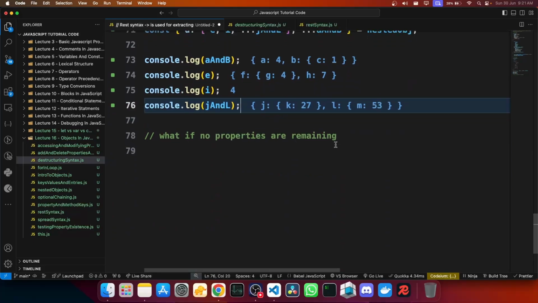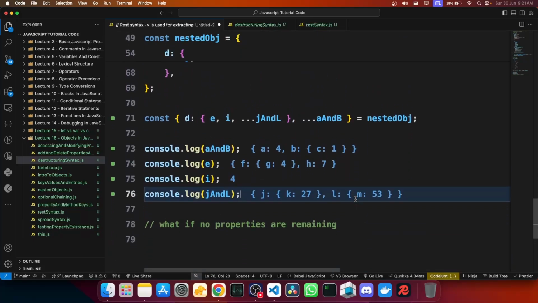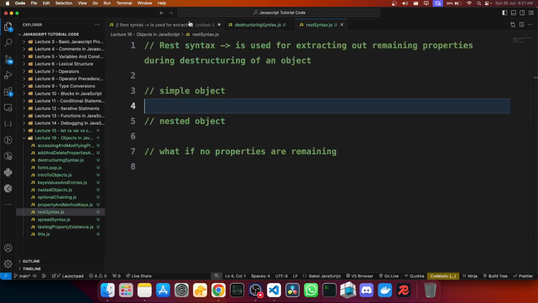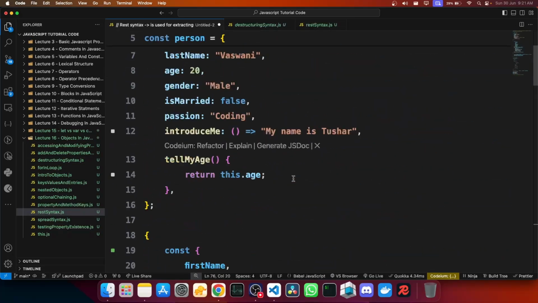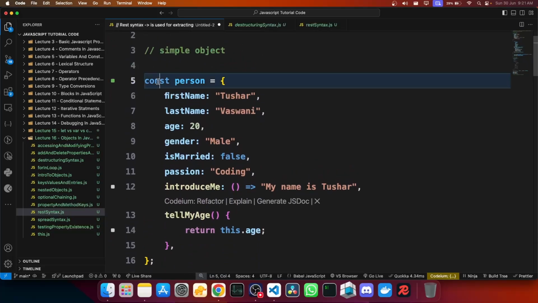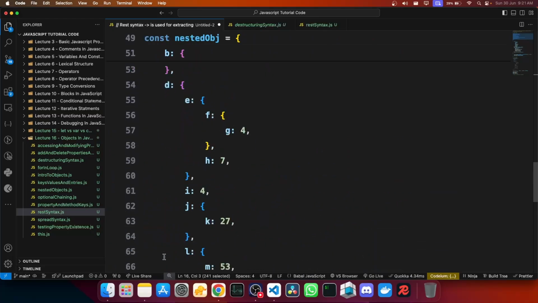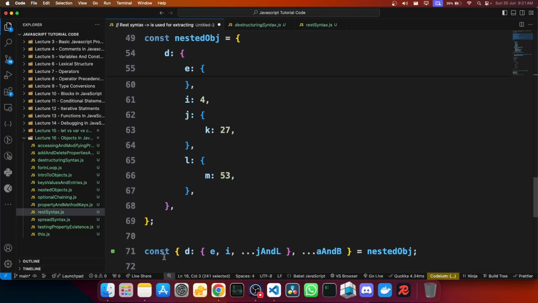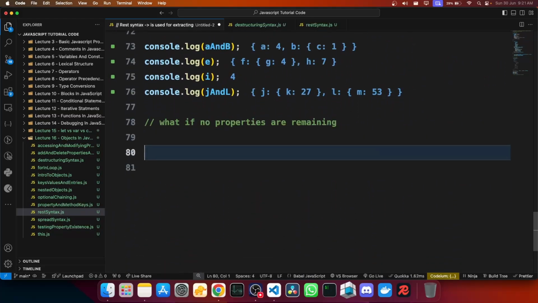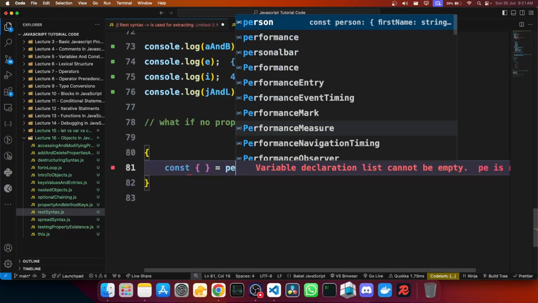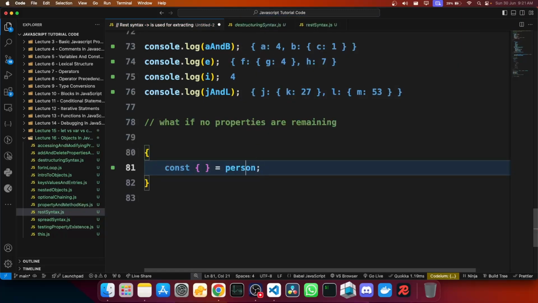Hopefully that's easy. And then finally, let's talk about the case when there are no properties remaining in the object. What will happen in that case? Now, what I mean by that, I'm just going to show you that. So for example, let's actually take this person object only. And obviously you can do this with any object, doesn't matter. So there's a person object over here that's already there. So I will just do one thing. I will just go here and I'll create a block so that variables don't collide. And then I will just go and get out all the properties and methods. I will just get out everything from this object